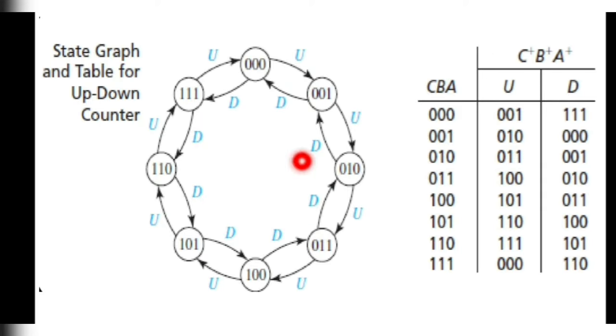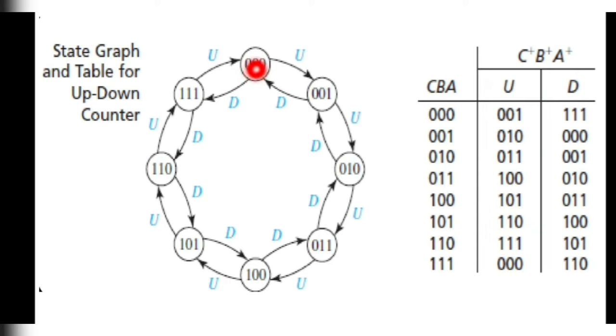Okay, and you have state graph here. State graph means, see, CBA, these are all the values. Now what does a state graph and table mean? State graph means it's a visual representation of the truth table. Okay, now see, CBA, what's the value of C, B and A? 0 0 0, then 1 2 3 4, like that it goes on. U means up, D means down. If CBA is there, if I click U, U means it will become up. What comes after 0? It comes 1. Okay, and what comes before 0? It is repeating, so before 0 it will be 7. So this is the 7. So these whole values are there, and this representation is like this.